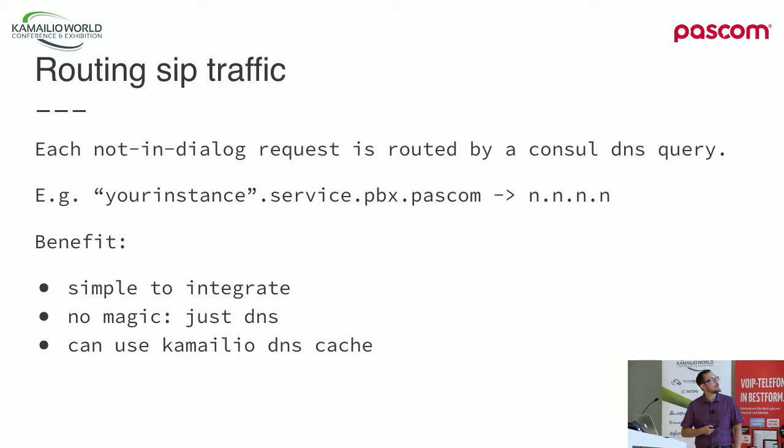Then comes the type of your container in our world. That's a PBX. Then is it a service or a node? And here comes the name of the instance, which can be a tag. In between, you could have the data center. So in which country is this instance? And basically, you just do this DNS query, and then you get the internal IP address in the cluster for this instance, and I can just forward the SIP packet. So that's that simple, no magic here.